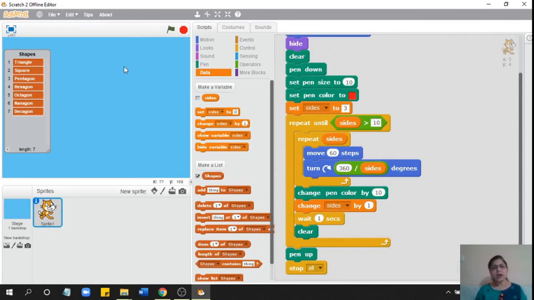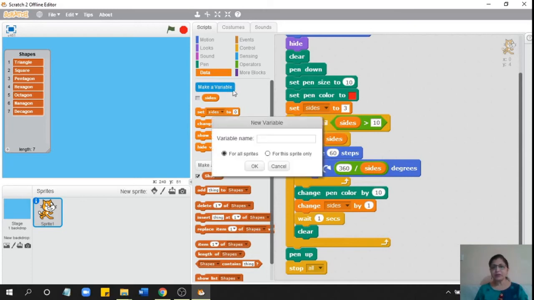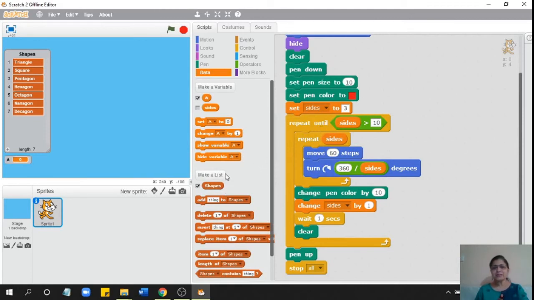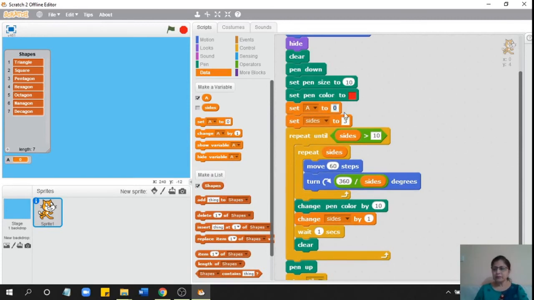Before that, I will create a variable for the item number of the list. I will call it a, for instance. I can call it anything I wish. Initially I have to set the variable a to 1, because my item numbers begin from 1.